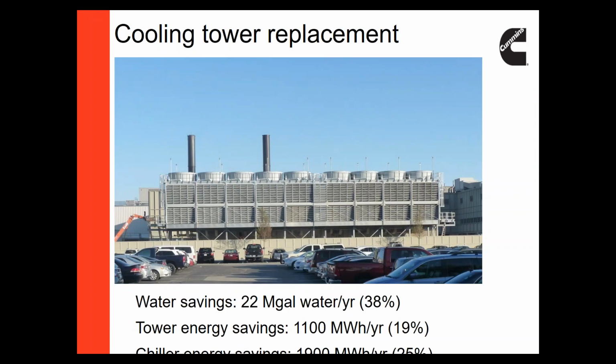We've also achieved major reductions in energy and water consumption by upgrading older, inefficient facility equipment. A good example of that was the replacement of an old cooling tower system at one of our big engine plants. The new towers reduced water consumption by 38% compared to the previous system by reducing leakage, reducing drift, and